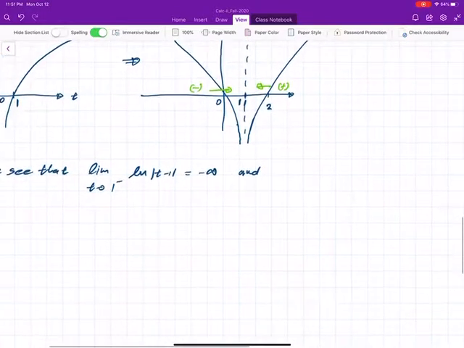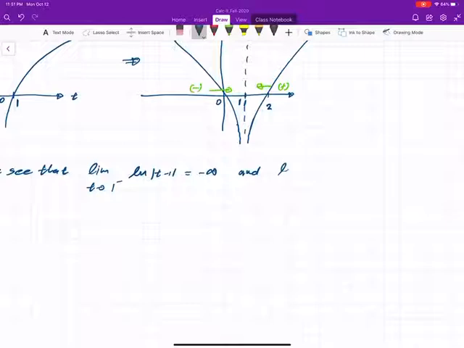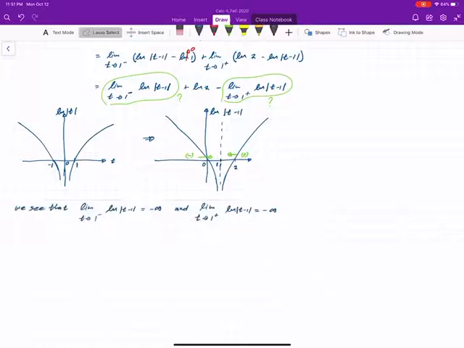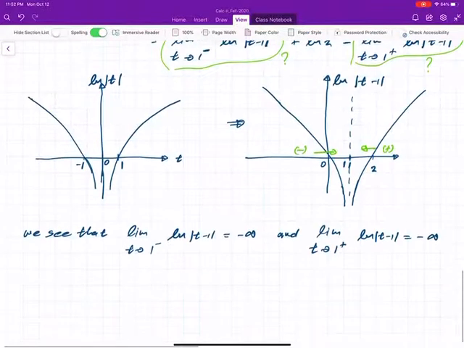Sorry, the limit as t goes to 1 from the positive side of ln absolute t minus 1 is also going to negative infinity. Now let's consider that as equation number 1. By 1 we write